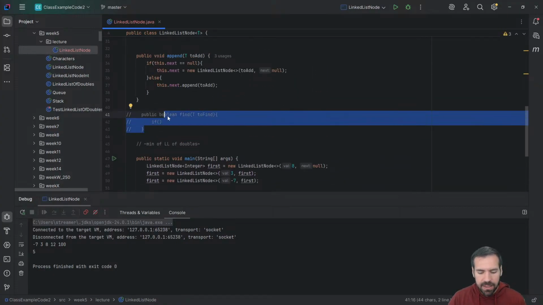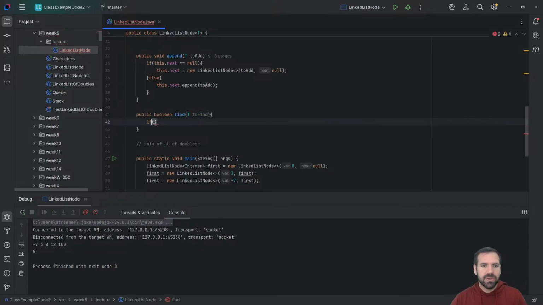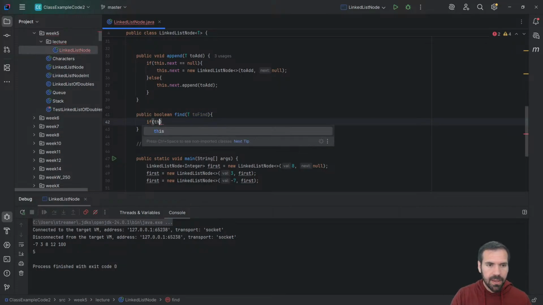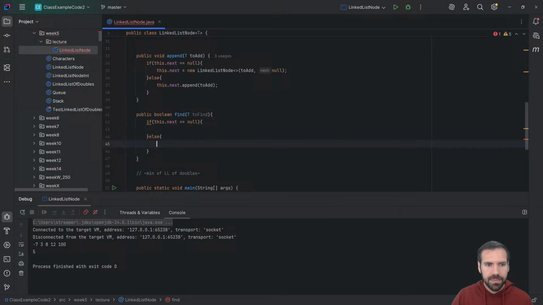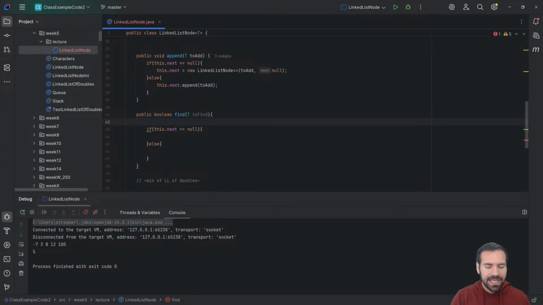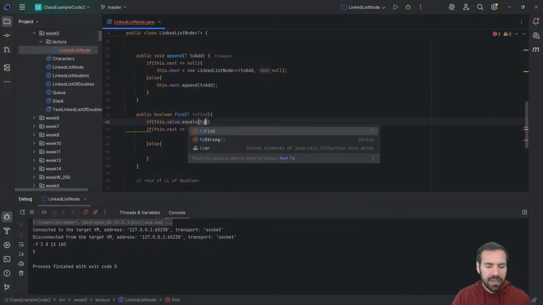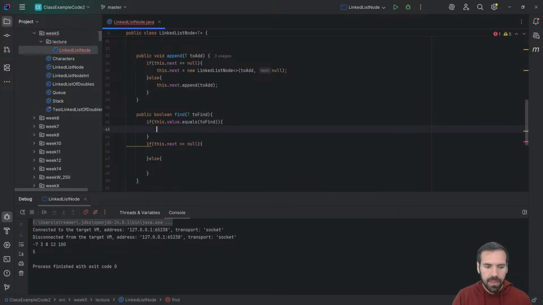Okay, now let's find. So we have our usual base case: if this dot next equals null, else. But we actually have an extra base case. Somewhere in here we want to check if we found this value. So I'm actually going to add a second base case here, which says if this dot value equals the value I'm looking for, return true. And then else